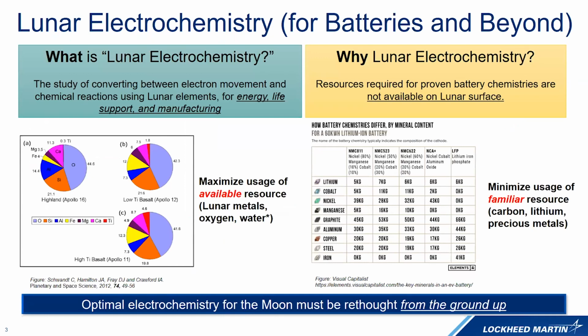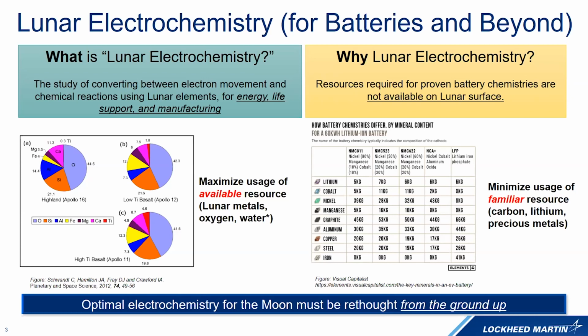Why do we need lunar electrochemistry as opposed to just Earth electrochemistry? Well, it turns out Earth electrochemistry is built on a backbone of water and dead dinosaurs. And it turns out that on the moon, one of those is a critical resource and one of them doesn't exist. So we need to forget about this idea that we have plentiful organic solvents and additives and all of these materials that are built out of petrochemicals and fossil fuels, and rethink optimal electrochemistry for the moon using a